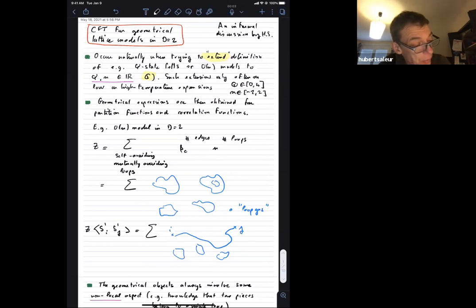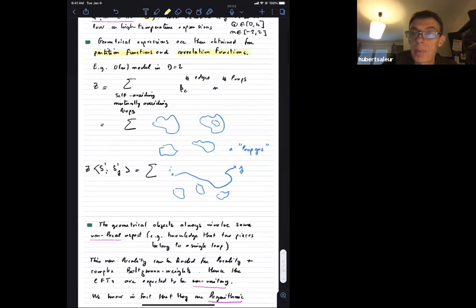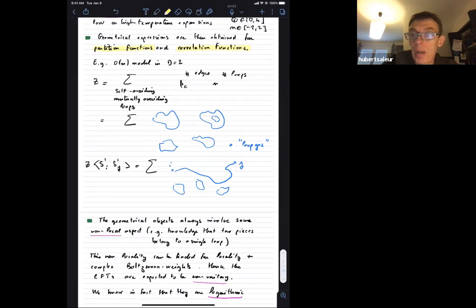So for instance, partition functions are well defined. I will get back to this a little bit later. And so are most correlation functions. A typical example of this is the O(N) model, the model which is probably the easiest to define in D equals 2. Again, we could do this in higher D, but I'm focusing on D equals 2, where, as you all know, the partition function of the model is simply defined by drawing on your favorite lattice, or in fact in a continuum, a loop gas where you have to draw self-avoiding, mutually avoiding loops whose fugacity is the parameter n,